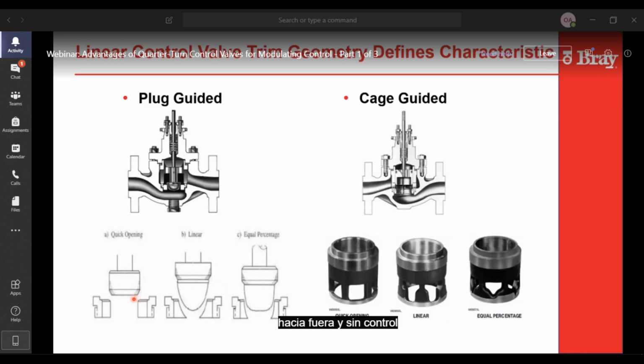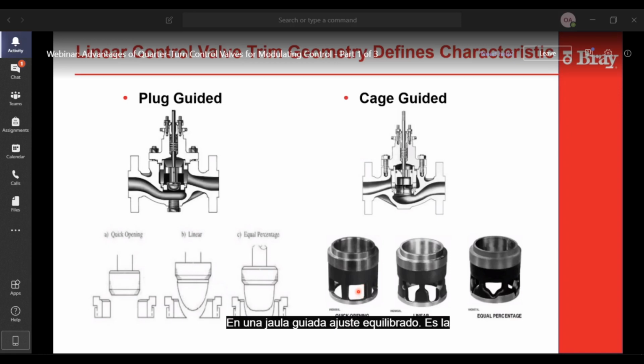Basically, the linear is more of a parabolic plug, and it's giving you a linear change in area as the plug is lifted from the seat. And then the equal percentage again is shaped so that you get a lot less area open to the flow as the plug is stroked upwards to open.